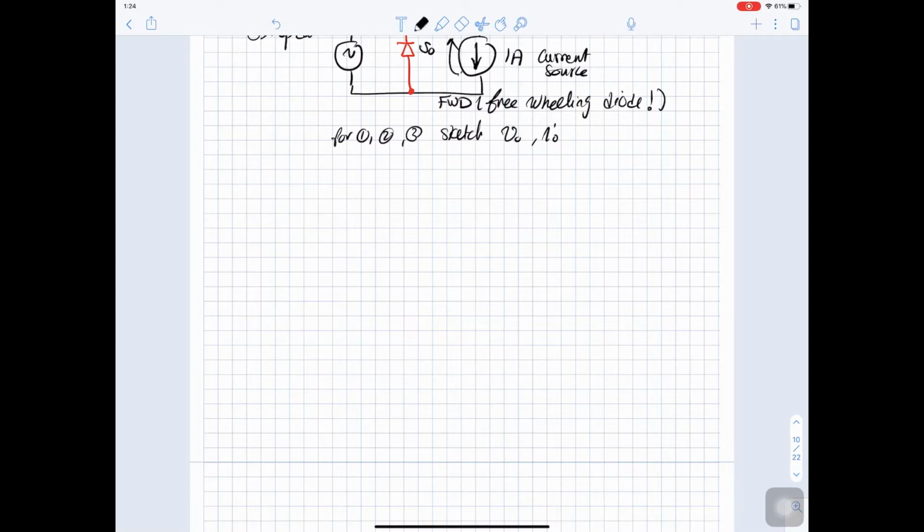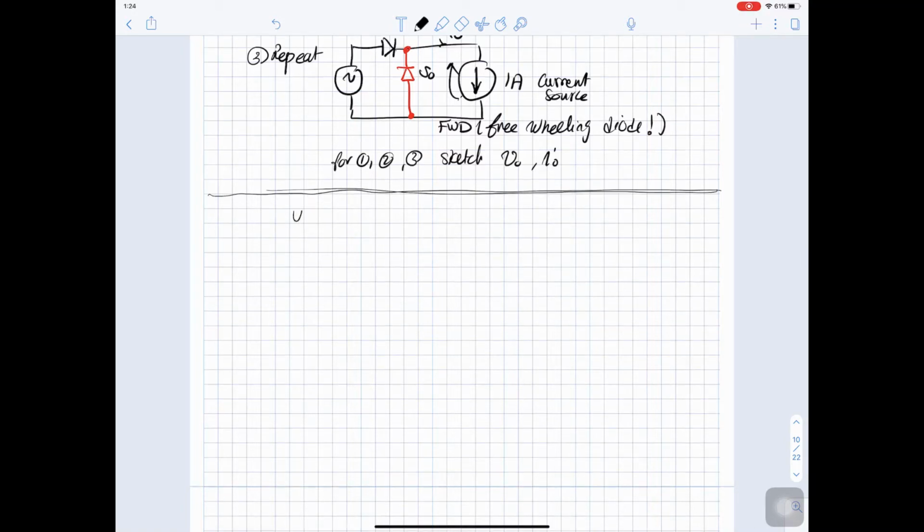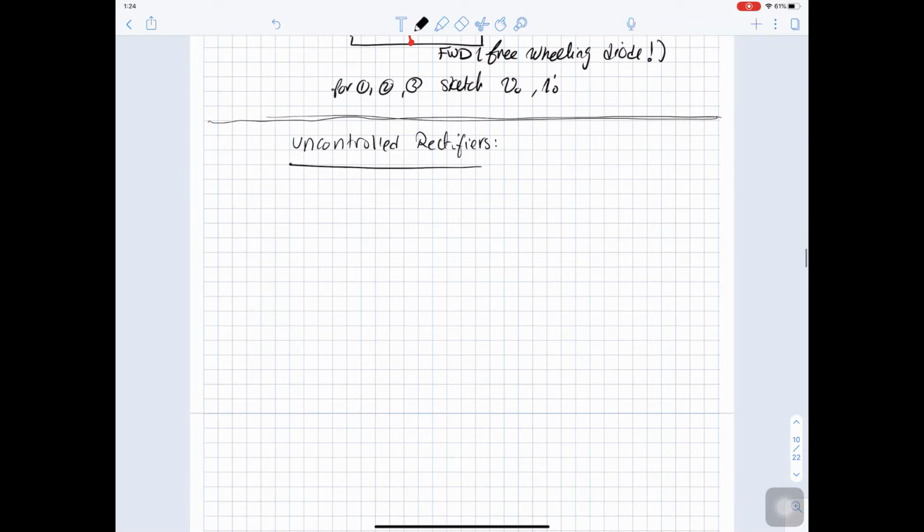Okay, so we will continue with our lecture. So now we will start a new application. So don't forget that we are still studying uncontrolled rectifiers. The third circuit we have in uncontrolled rectifiers is the single phase full wave rectifier